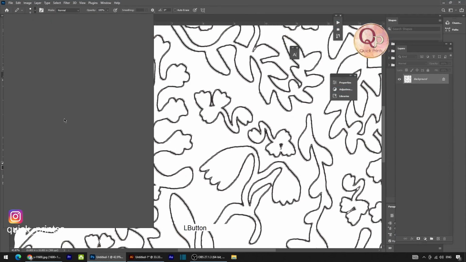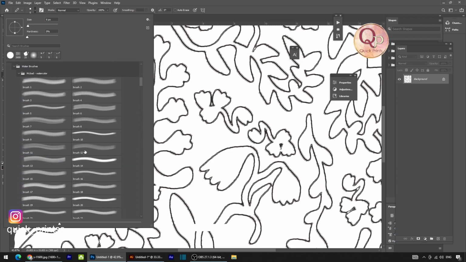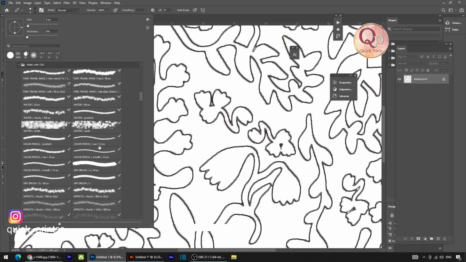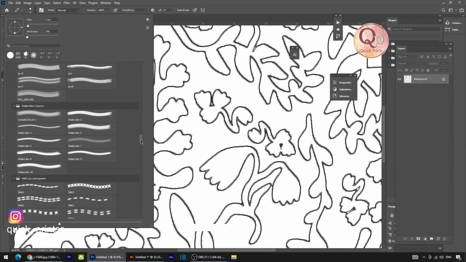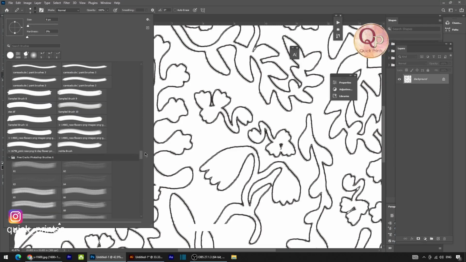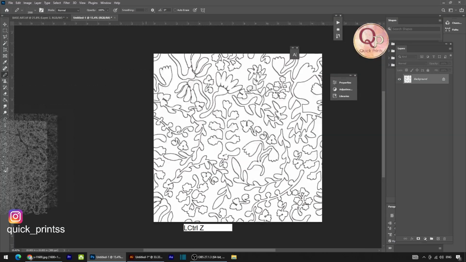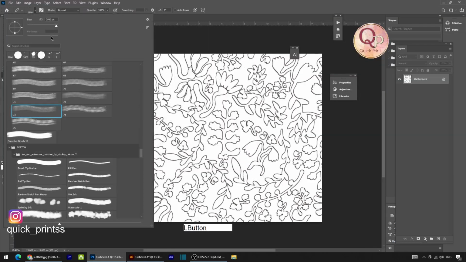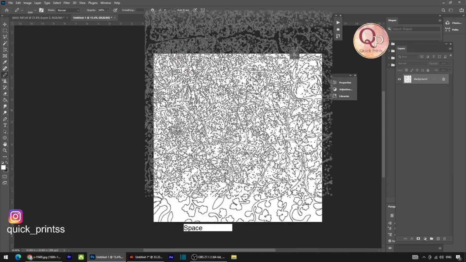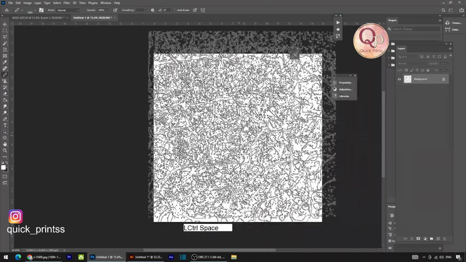So it is nice. Let's apply some crack effect. The brush I have given in a previous video as well. These are wood block textures brush. I have given the link in the description box of this video as well, so you can download and apply it. तो अभी इस ब्रश से हम करने वाले, we would like to erase some part of this layout so